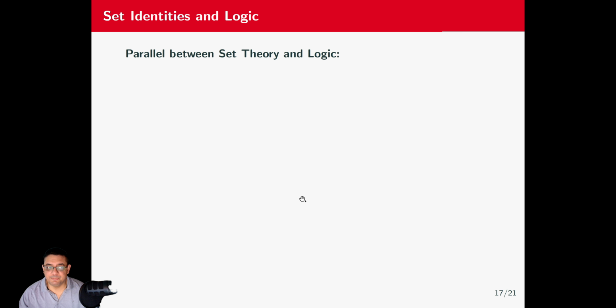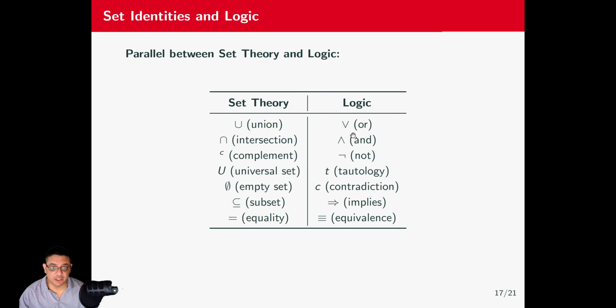Now let's talk about applications of this. Here we have a parallel between set theory and logic. For example, in set theory, we use the union. In logic, we use the or. And the intersection is the and. The complement is the not. The universal set is like a tautology, and the empty set is like a contradiction. There's a parallel between them. The subset is somehow an implication, and the equality is going to mean some sort of equivalence here in logical terms. So this is why there's a lot of parallels between set theory and logic, and they use some of the